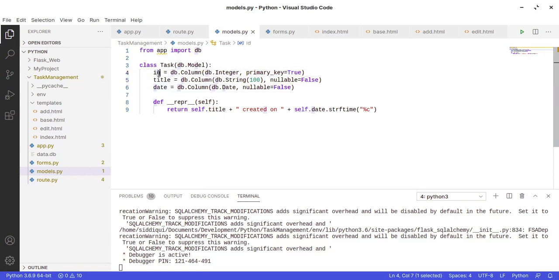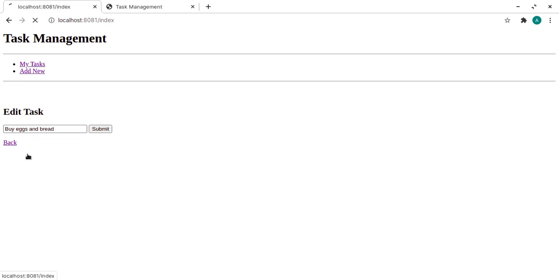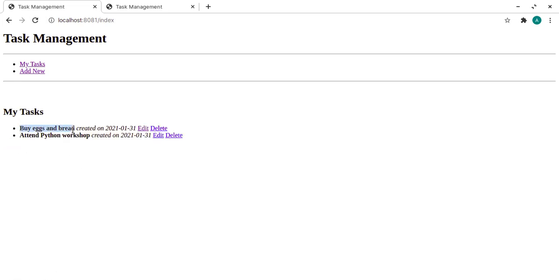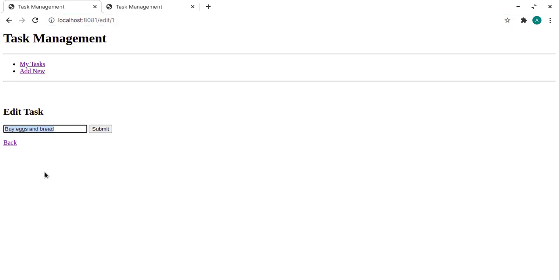So this is referring to this ID, which is the primary key, and it's auto generated in our database. So we actually pass the ID, and then from this ID, if you notice when I click edit, this title is also fetched and put into the text box. So the backend code actually fetches the task by this ID and then populates the title here, so that we can change it.